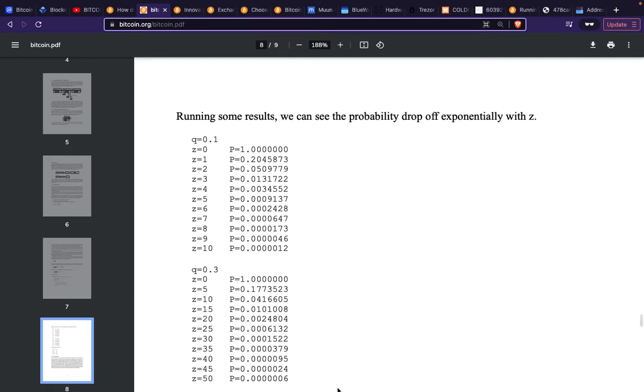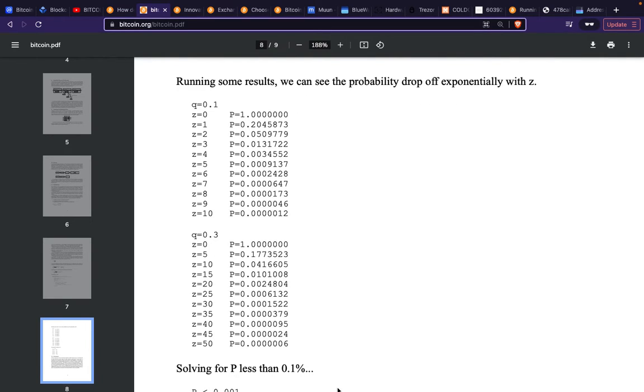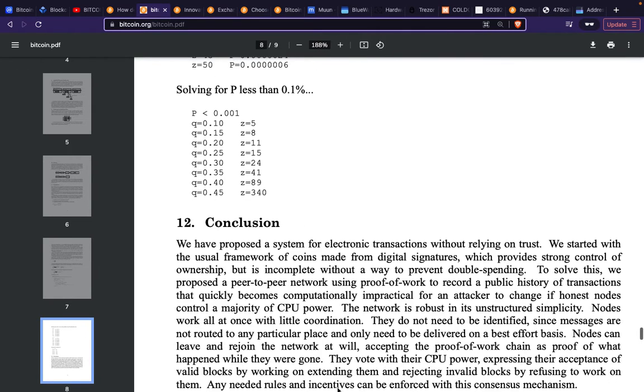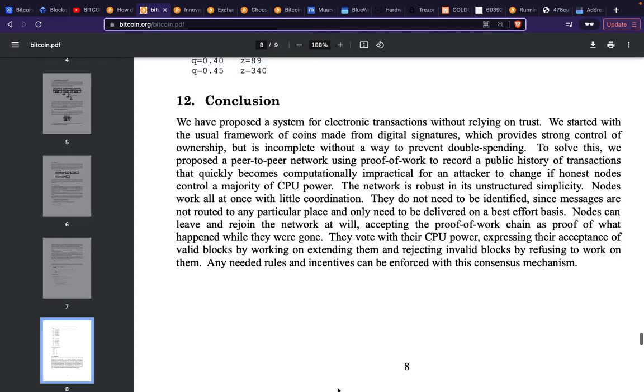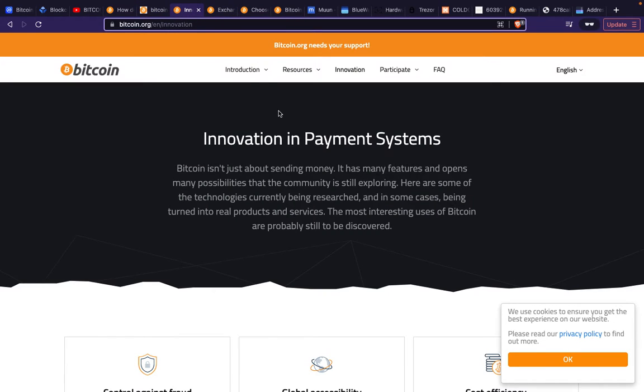Now, there's nowhere in the code that says, oh, it has 21 million coins there. A Bitcoin doesn't exist as such. It's more like the Satoshis. The code doesn't know Bitcoin. It just knows Satoshi. Satoshi is the real unit. So yeah, anyways, and you have all the citations. Now let's go see the innovation here.